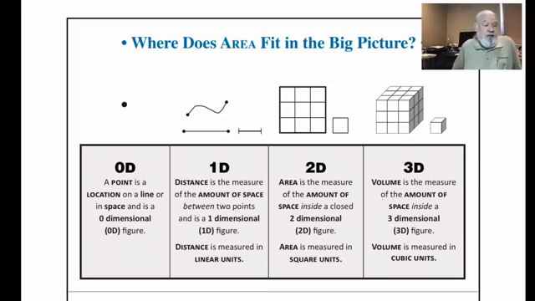And then going from 2 dimensions to 3 dimensions, we go from area, this time to volume. And volume is the measure of the amount of space inside a 3-dimensional figure. And as the figure shows there, volume is measured in cubic units, that is how many cubes fit inside. With area, we're looking for how many squares fit inside. And for linear units, we're looking to see how many of those spaces, inches, feet, whatever we're measuring in, actually turns out to be the length of the line.